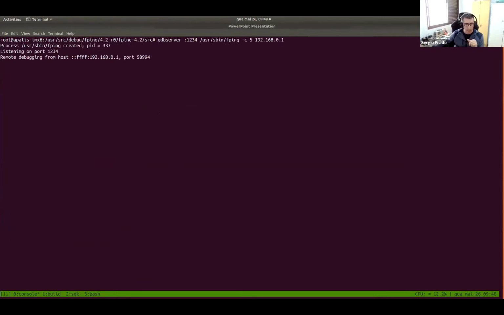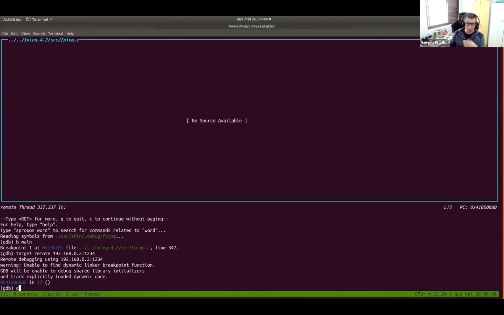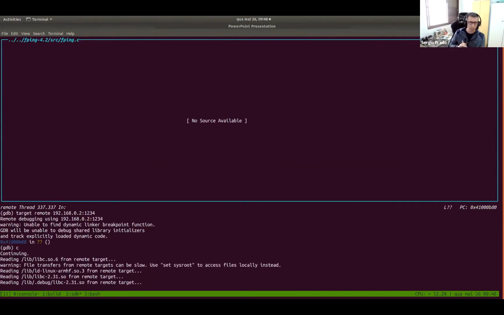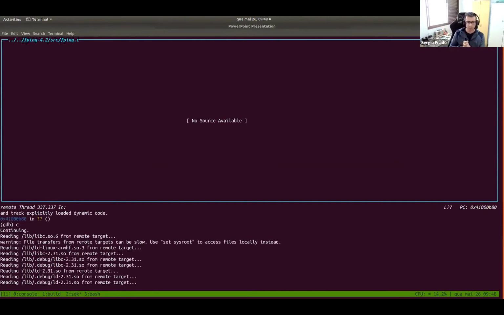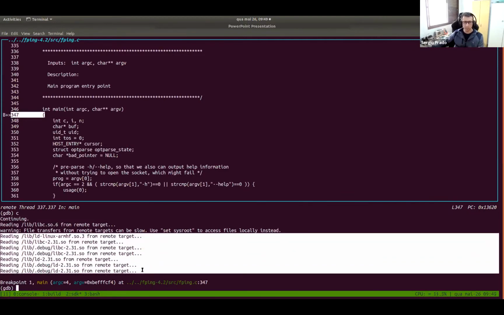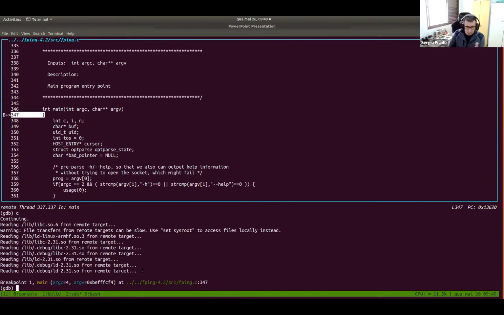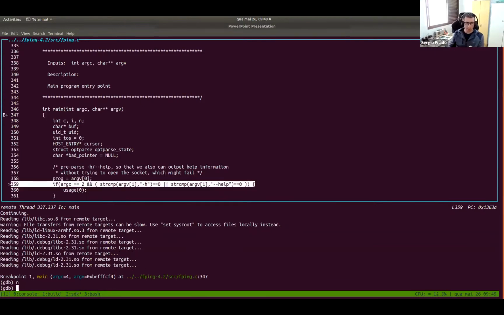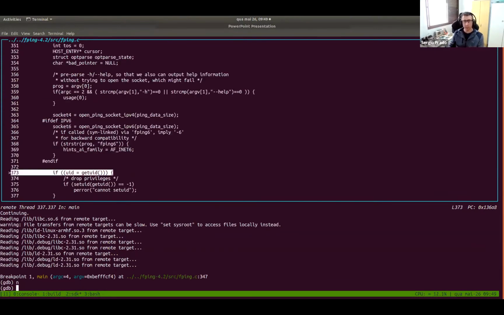We can go to the device terminal. We can see that we started the remote debugging session. I'm connected, but nothing happens yet. Now I can just continue the execution until we hit the main function. We can see here that GDB was able to load the symbols from the directory inside the SDK. And now we are in the main function, and then we can do step-by-step debugging of this application, but running